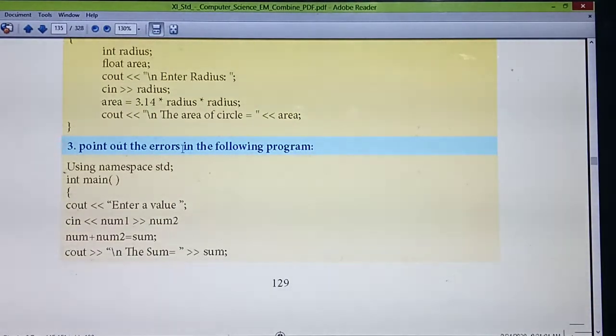Okay. This is very important. Questions like these they will ask. So immediately when you see the program, you can find out the error. What's the error? Whether the header file is there? No. Without the header file, will the program run? No. That's the first error. Understand? There is no header file.